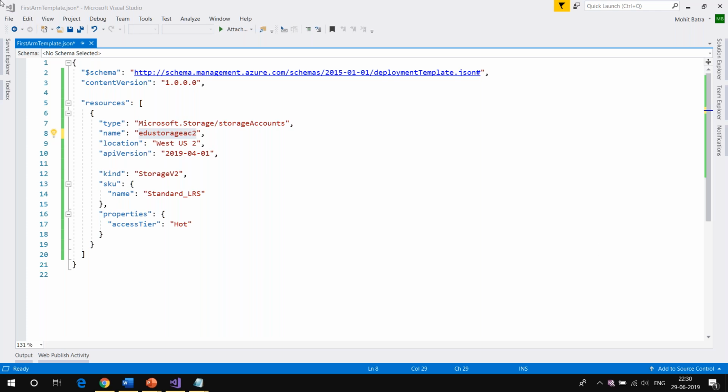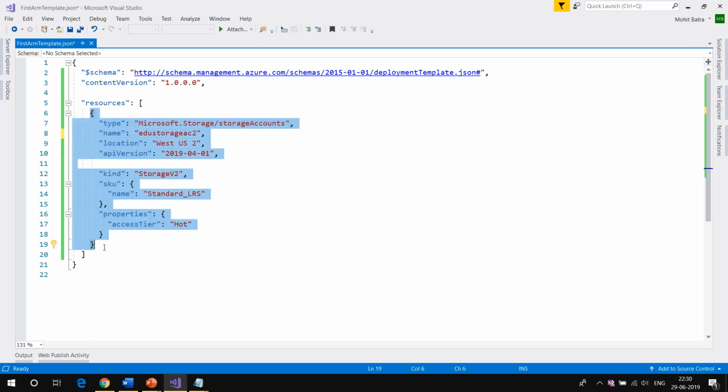Ashish, if you are creating the resources, why do you need a nested level? Think about it. If you think that one resource is dependent on the other, yes, there is one property called dependsOn, which means you want the first resource to be created, then the second resource. You can provide that, but I'm going to talk about it a bit later.